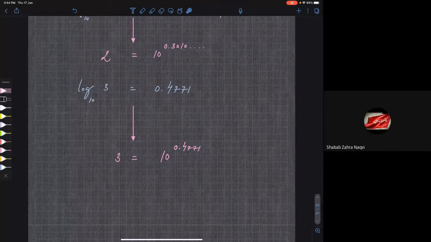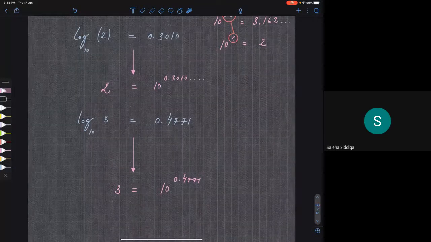Sir, how should we take out that value? Which value? 0.4771. See, actually, this value can be taken out if you know a little bit of advanced mathematics, which is not required for you. For us, what is required is to just remember the values of log 2 and log 3. Someday I will tell you how to take out the value. There is a series called Taylor series, which BPC students don't learn, MPC students will learn. From Taylor series, you can calculate the value of logarithms. Are you getting my point? In a similar way, they find the value of pi also. So there are certain series with which they find values of various logarithms.